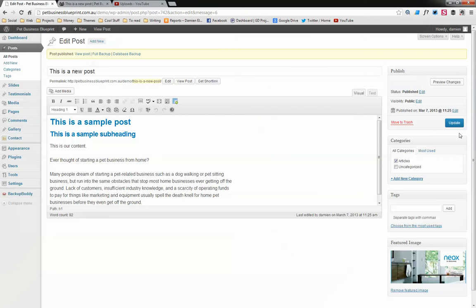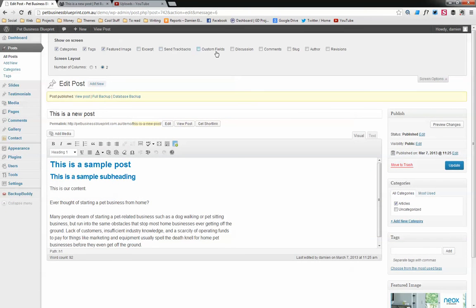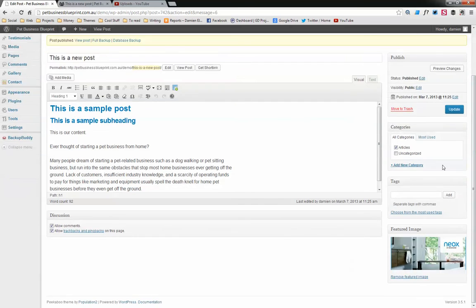And you can turn the comments on or off. You go up here to screen options, and you tick comments, actually just tick discussion, and then you've got the option to allow comments and allow trackbacks, which is when someone links back to that article. It shows it at the bottom. So we can just turn off comments there if we want to. Go update,